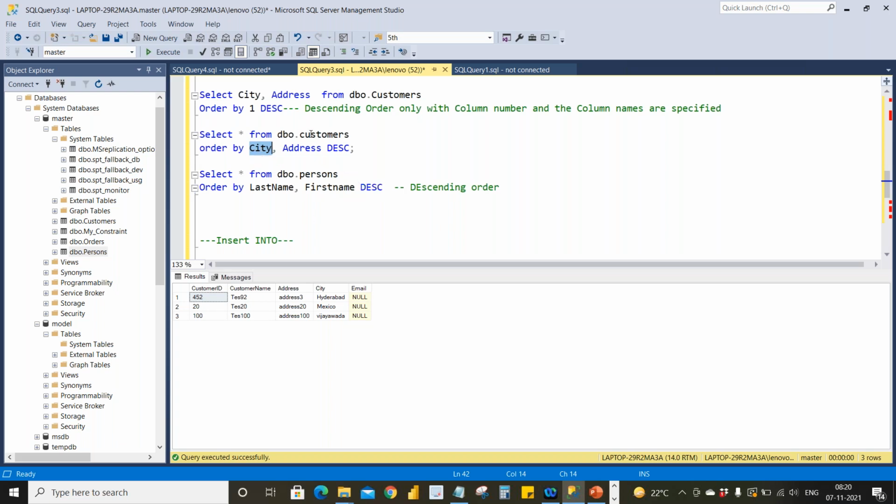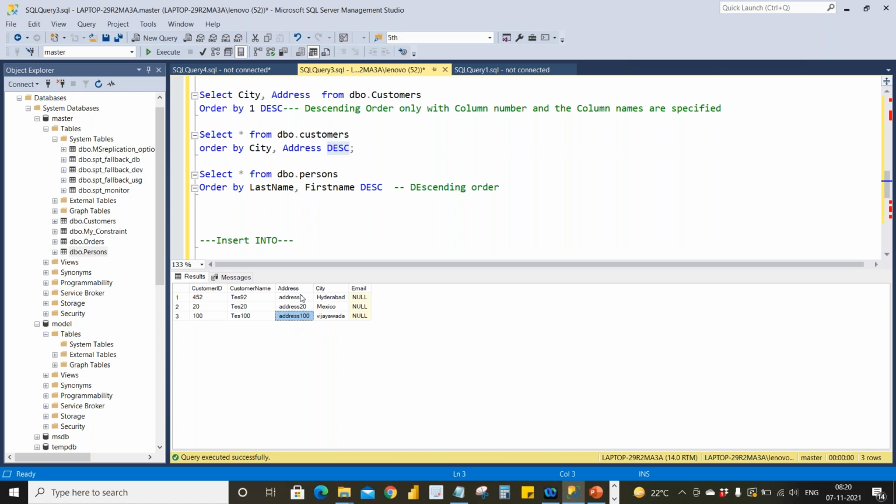So by default, city will be taken as ascending order: Hyderabad, Mexico, Vijayawada, H being the smallest from A to Z and V being the largest. Now coming to the address. I have specified address as descending order. So address will be taken in descending order.